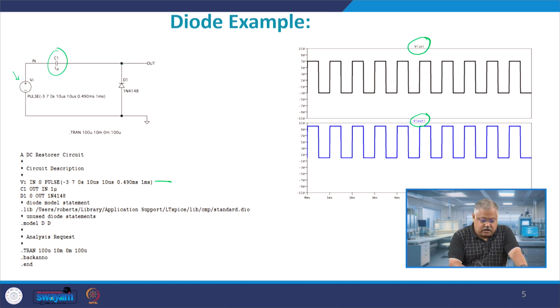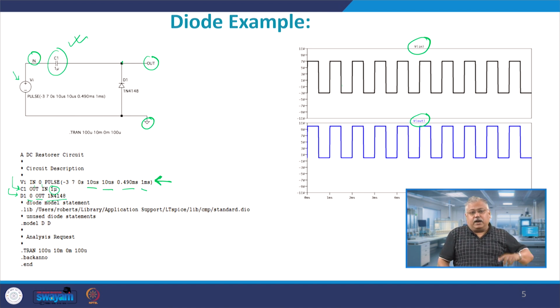What we are doing is giving a pulse here, whose TR and TF are defined, and this is in the millisecond range. Then we define the capacitor C1, whose value is 1 microfarad, and it is connected between the nodes in and out. So, in and out are the two nodes here, and between them you have a 1 microfarad capacitor. You have this diode D1 connected between ground 0 and out, and the model is